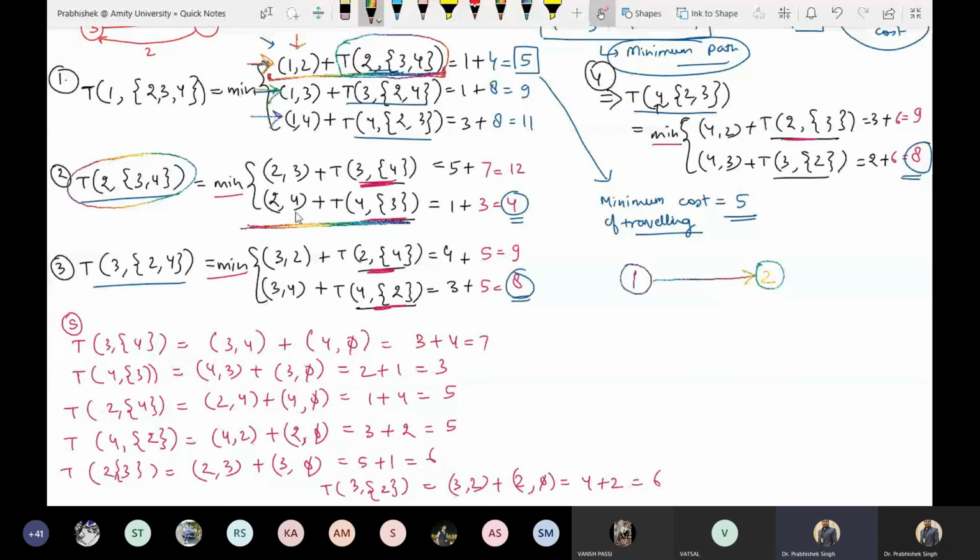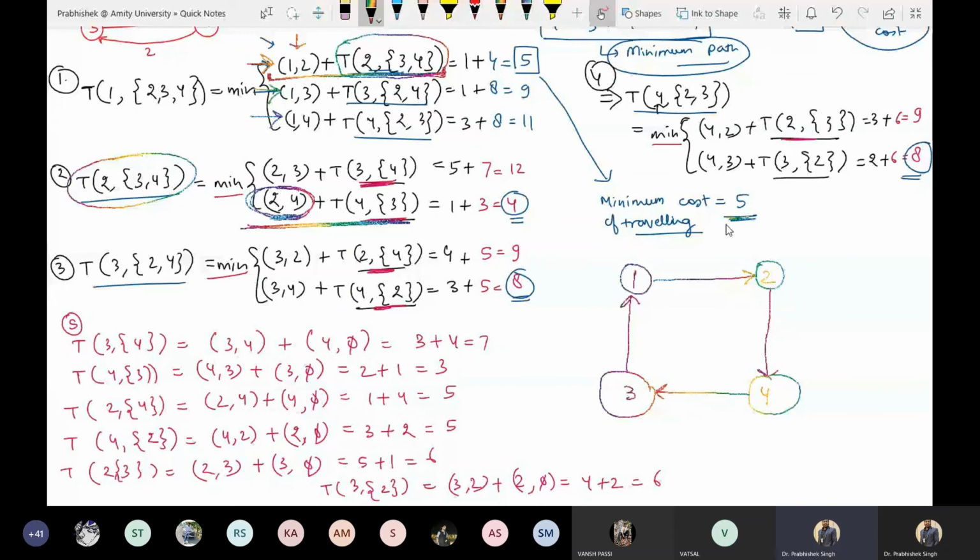2 to 4. 2 to 4 is the path which I have to traverse. So I traverse the path 2 to 4. Okay, then what can you do? Then 4 to 3, and there is only one option, 4 to 3. So it is quite obvious that you will go from 4 to 3. And since you have traversed all the rest of the vertices, from 3 to 1 you will go. So the answer which you got from the question is 5.